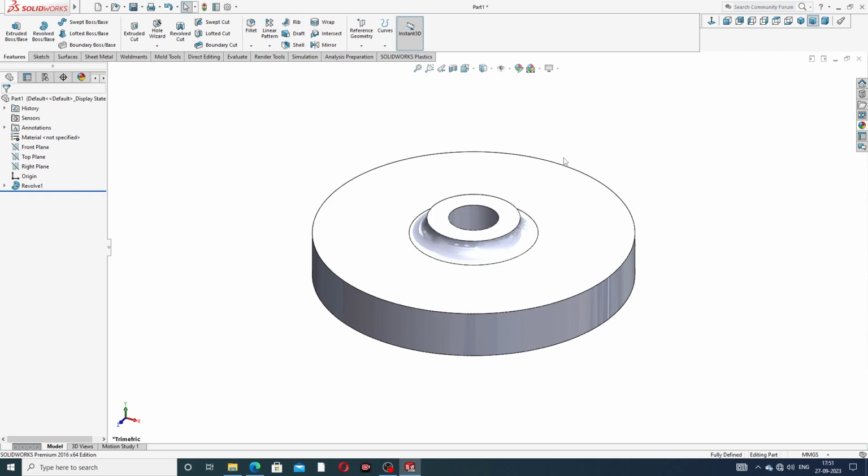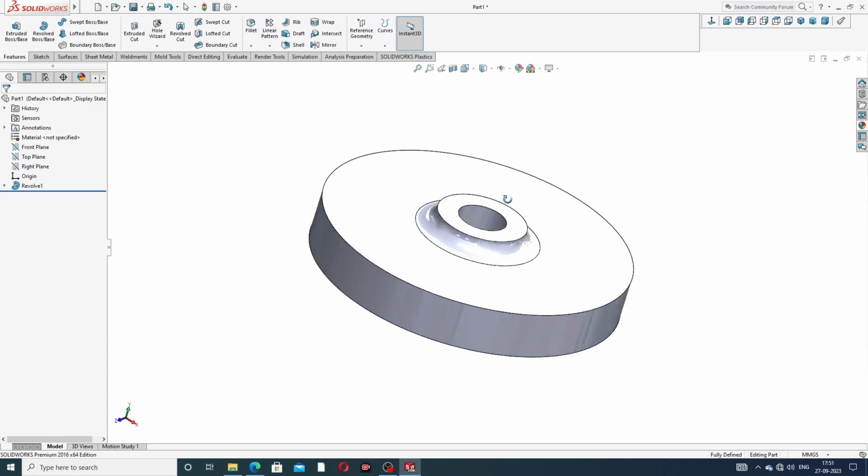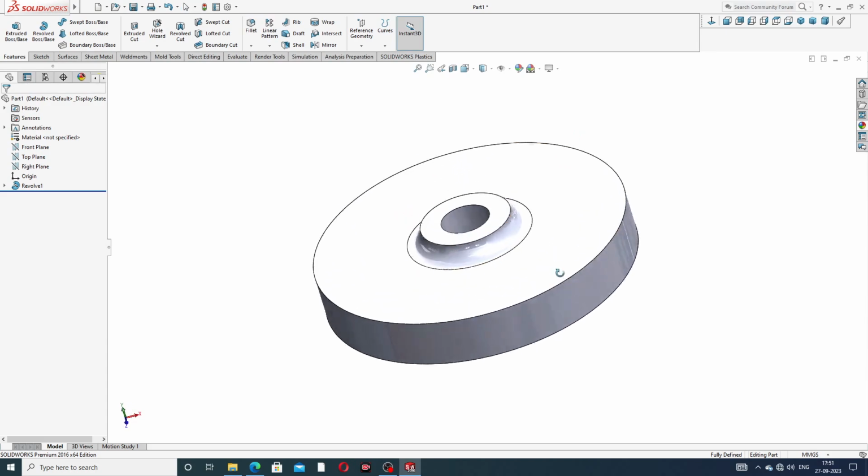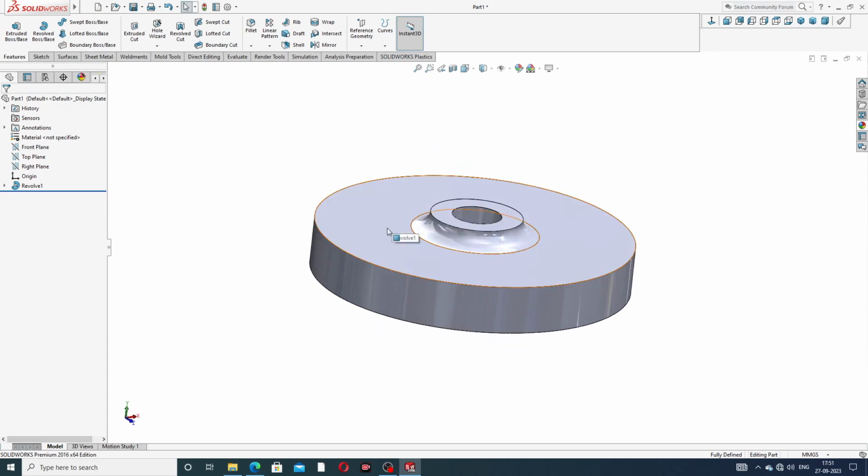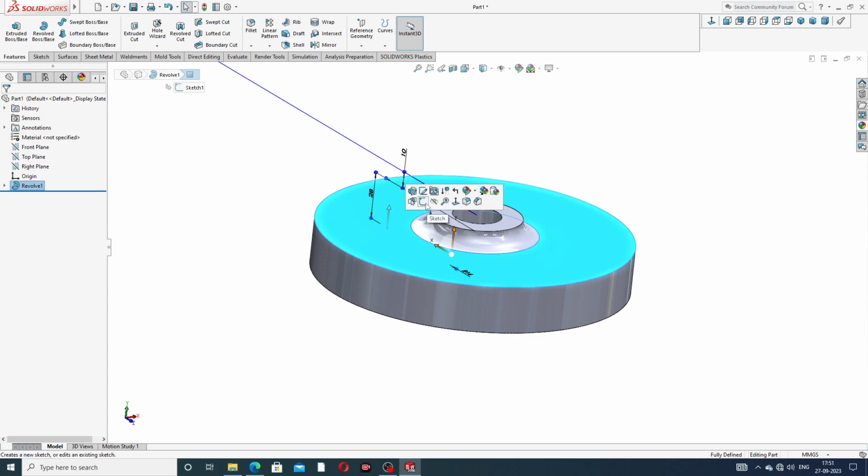Okay, and this is perfect and correct. Okay, all is perfect. And again select this face, sketch, normal,